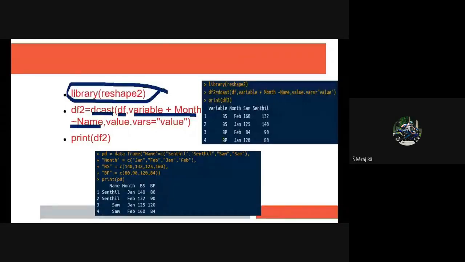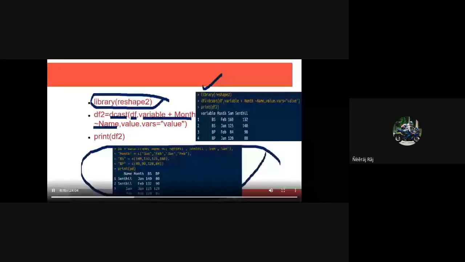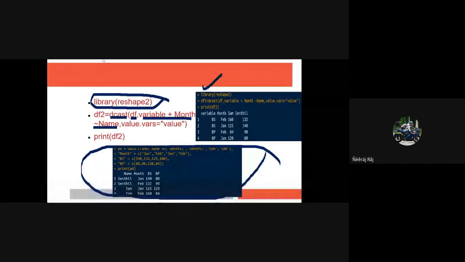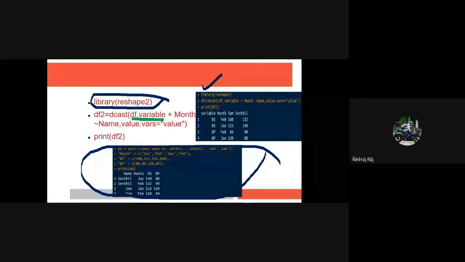Actually, this is the original data frame created and this one is the dcast output. The first one is the variable, so this variable is written here. After that the variable is month. Then month is